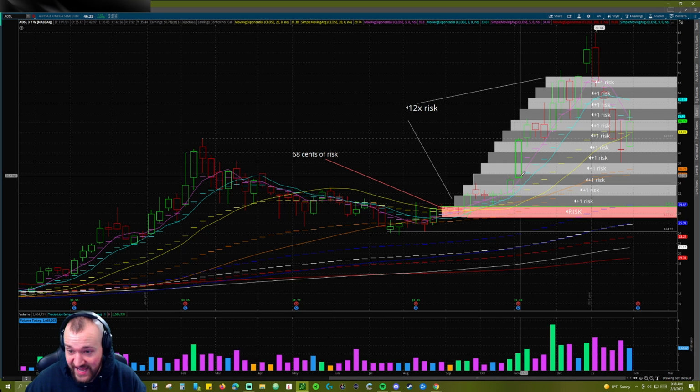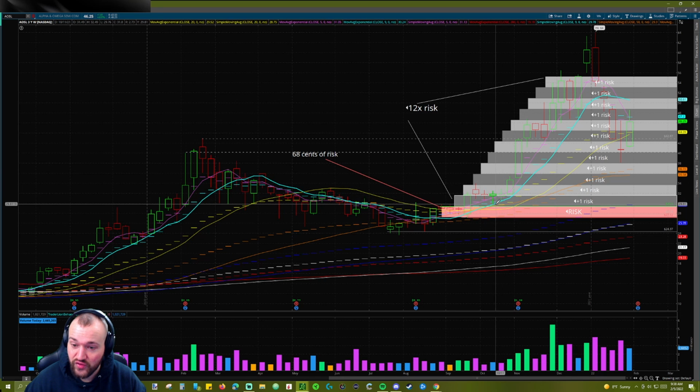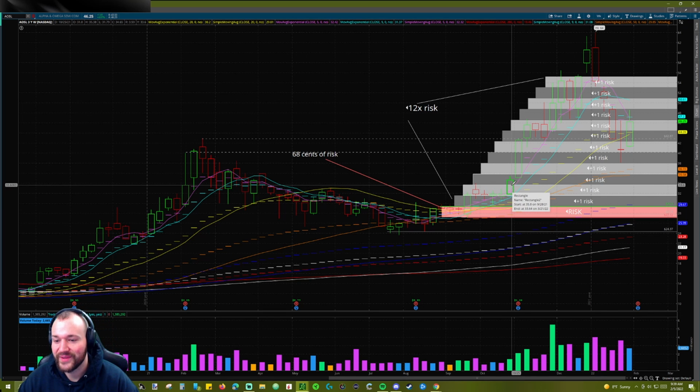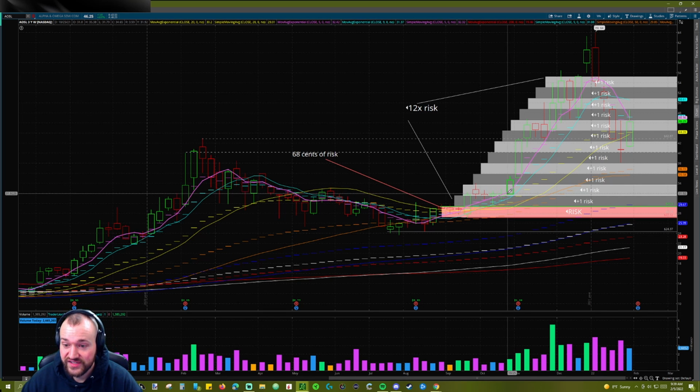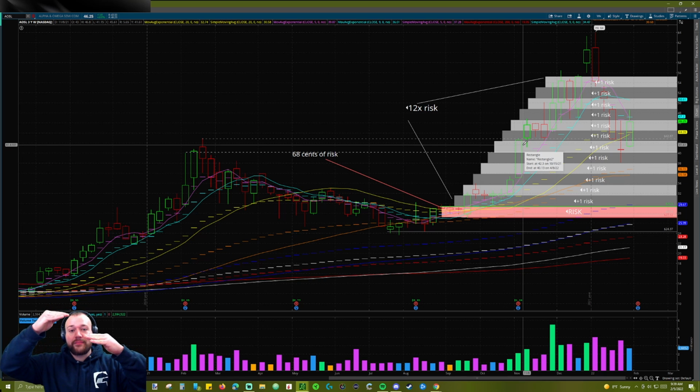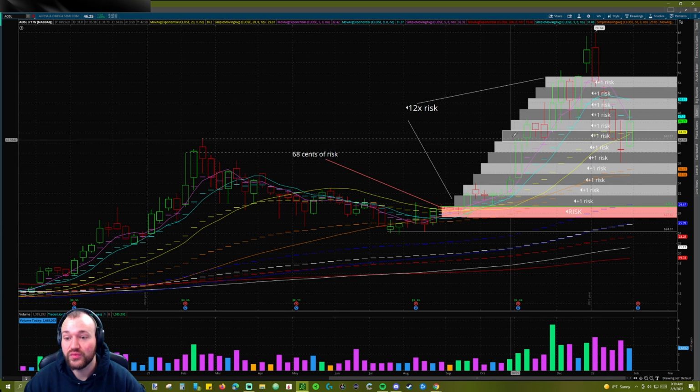So let's say I got here and I sold 10% of my position here, and then I moved my stop loss up to the low of this prior week or whatever. Well, I guess this would be the prior week because it's the weekly chart. I'm so used to looking at dailies that sometimes I lose track a little bit. But yeah, let's say you move your stop up to the low of this week. You take a third off here. Well, then 3, 4, 5. Do you take some off here? Maybe 6, 7, 8, and then you just keep trailing your stop up, so that as the position moves up,